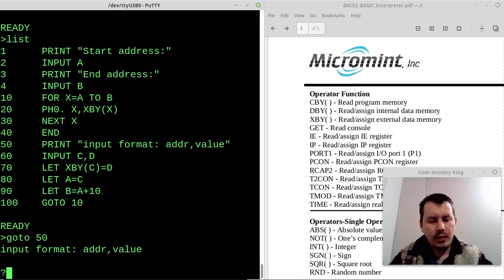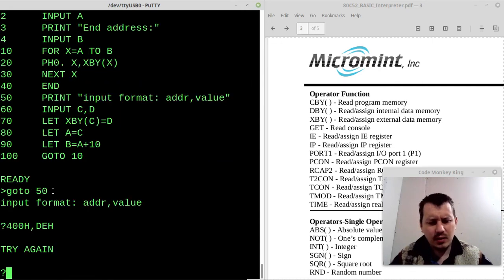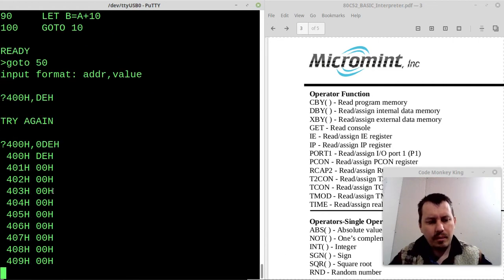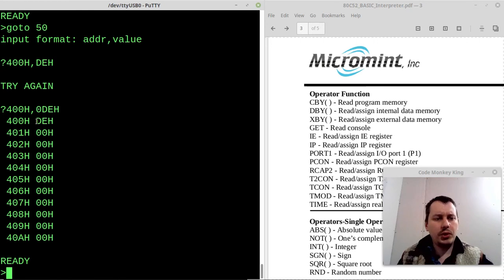So input format, address and value. So the address 400 in hexadecimal, and the data I want to put there, let's say DE. Yeah, it's just not going to work like this. Yes, I'm sorry. 0 starts from 0, so 400 hexadecimal, 0DE hexadecimal. Okay, and you see, we've just written this value at this address. So far, so good. So we just say go to, and actually, yeah, now you see,